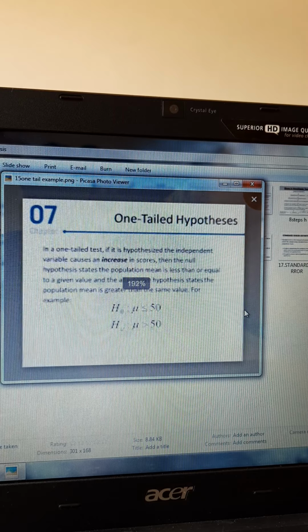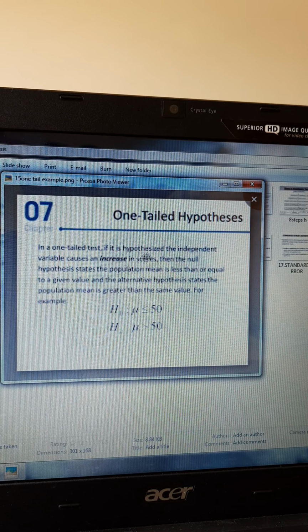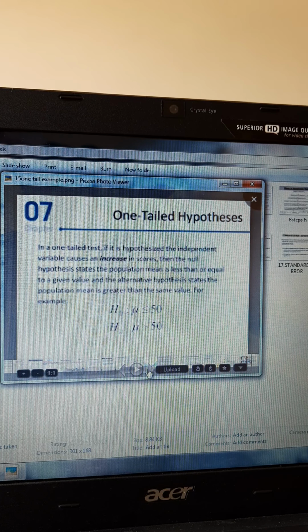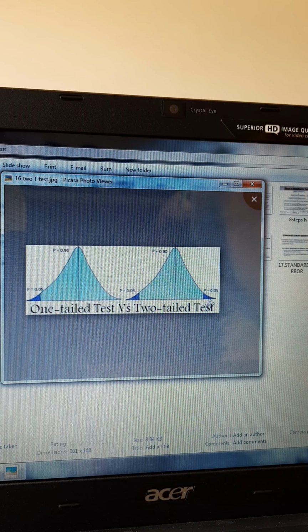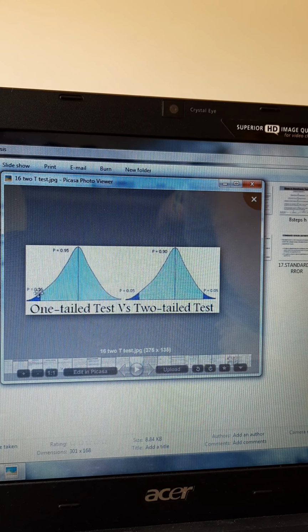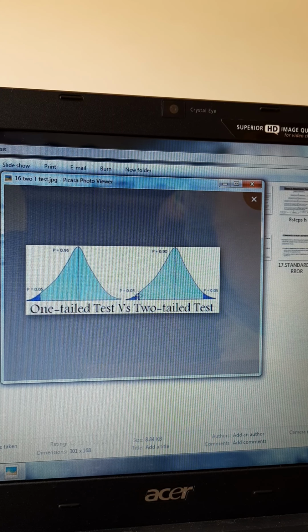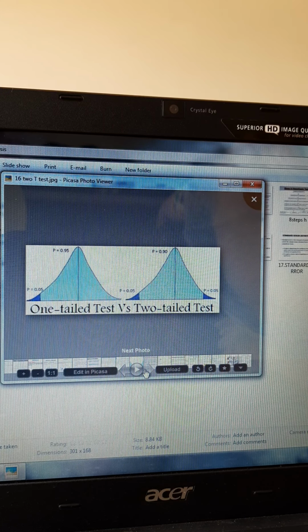A one-directional hypothesis is a hypothesis where the independent variable causes an increase or a decrease in the dependent variable. So this is the diagram for one directional, two directional. The moment the question comes, if you draw this, it means 80% of your knowledge is there. Then you just have to explain these things. I have given you all the diagrams so that you can look at the diagram and start writing, your p-value, all of those things.